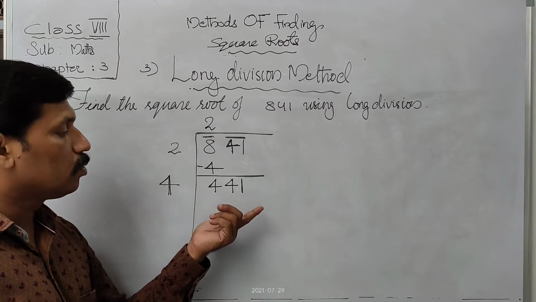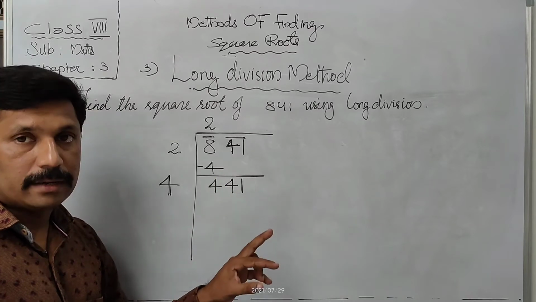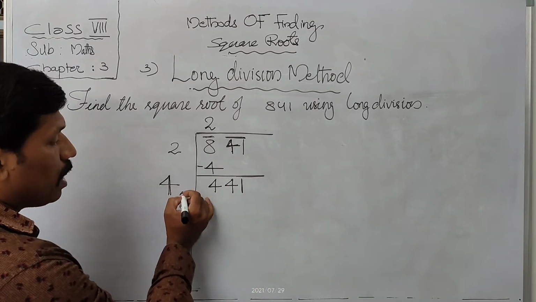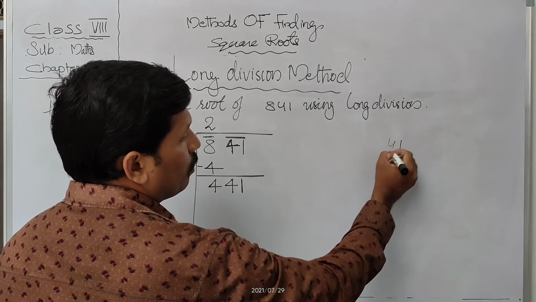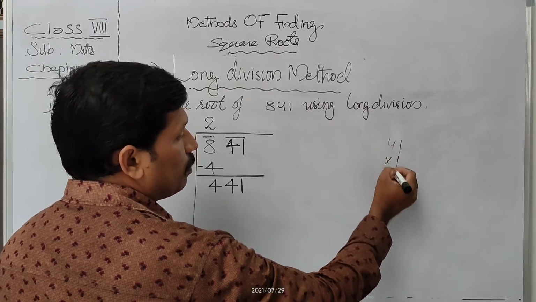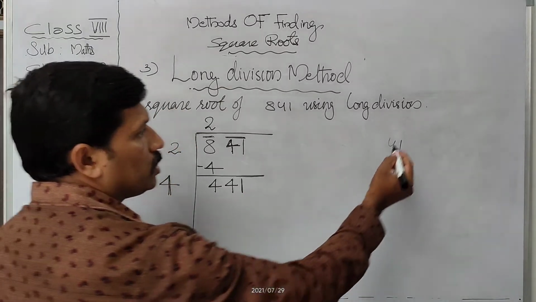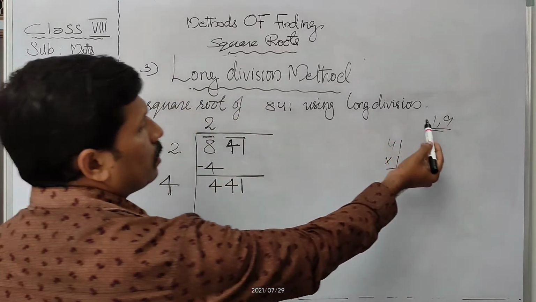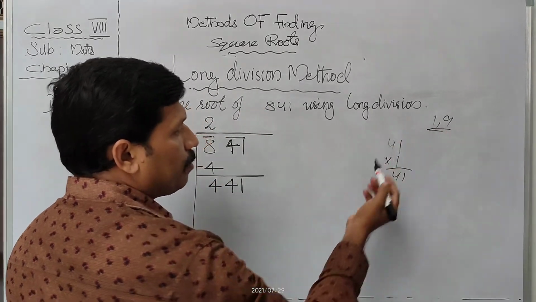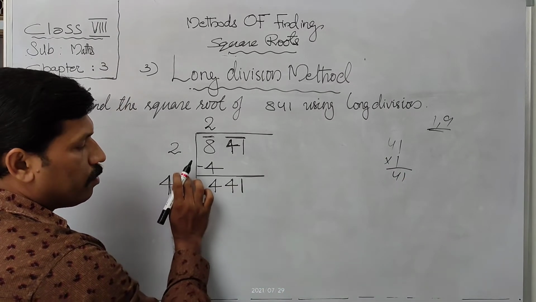So the root unit digit also will be, there are two chances, 1 or 9. So we can replace it with the 1 here, 4, after this we can take 1. We can multiply 41 into 1. That will be 41 only, but here it is 441. So it is not 1. The next chance is 9. The two chances are there. If last is 1, then either 1 or 9 can come. We have taken 1, and therefore after 4 we wrote 1.